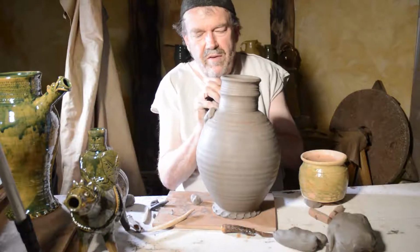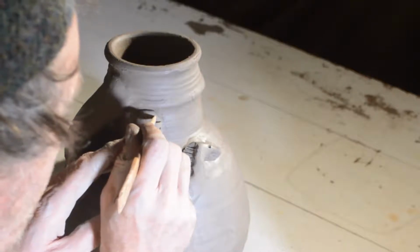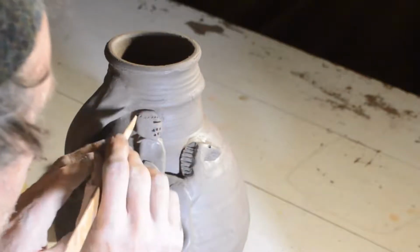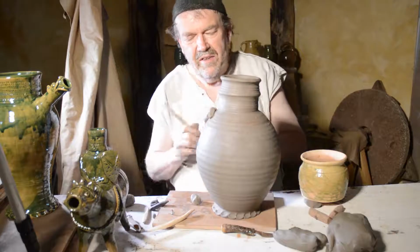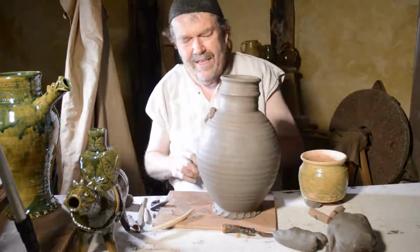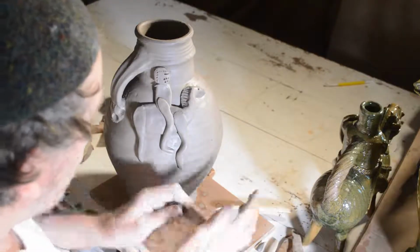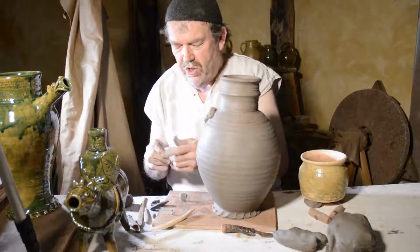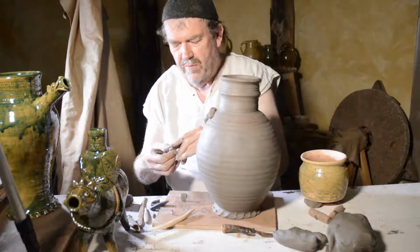And maybe a row of rivets at the top, holding the top of the helmet on, and perhaps some coming down that hold the helmet together. And he's going to need a shield, and they quite often have quite long shields. So I'm just going to get a piece of clay like that, pointy piece of clay,